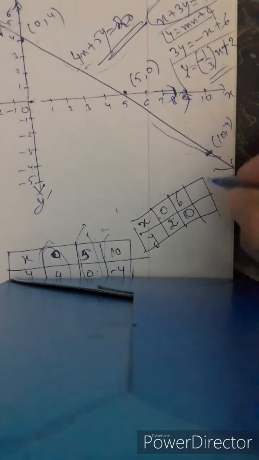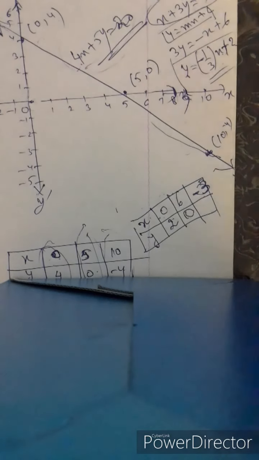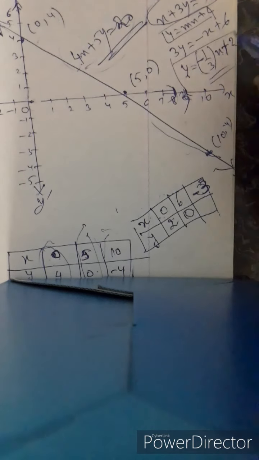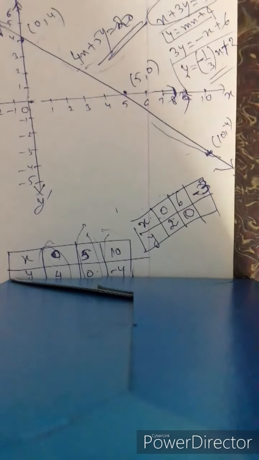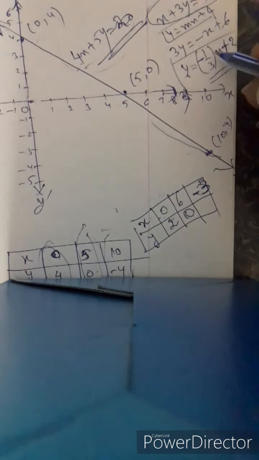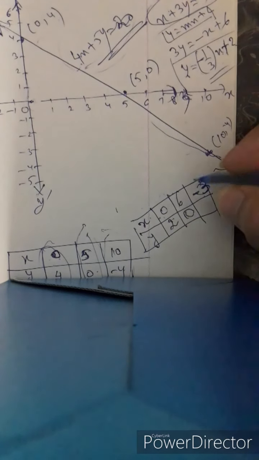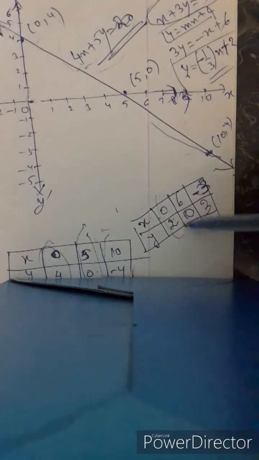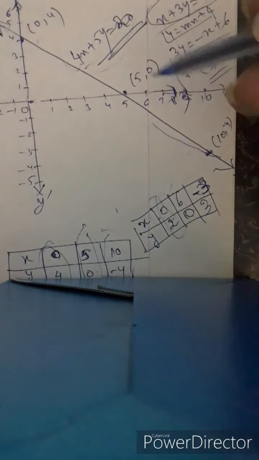Let us take a random value of x as minus 3. If we take x as minus 3, I'm sorry, y becomes 3, because minus 3 times minus 1 by 3, the 3s cancel out, minus minus becomes plus, it becomes 1, and 2 plus 1 becomes 3. So we obtained these three points: 0, 2; 6, 0; and minus 3, 3.